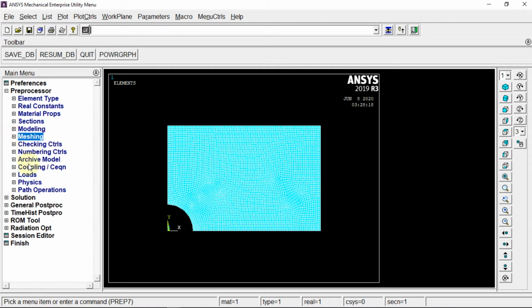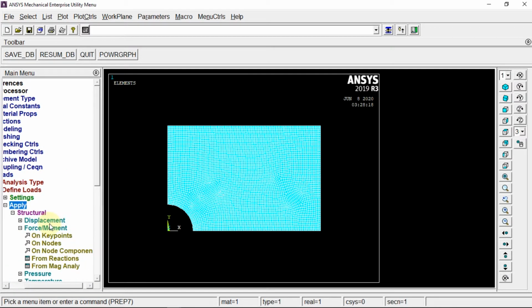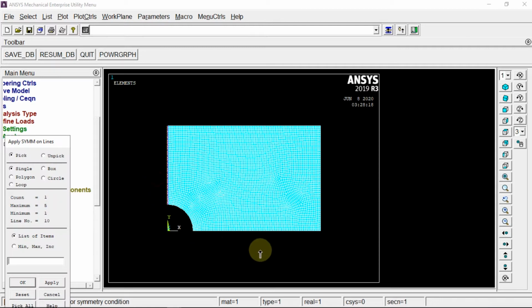Next thing what we are going to do is apply loads. So apply displacement and symmetric boundary conditions I'm going to apply on lines of left and bottom one. Click OK,